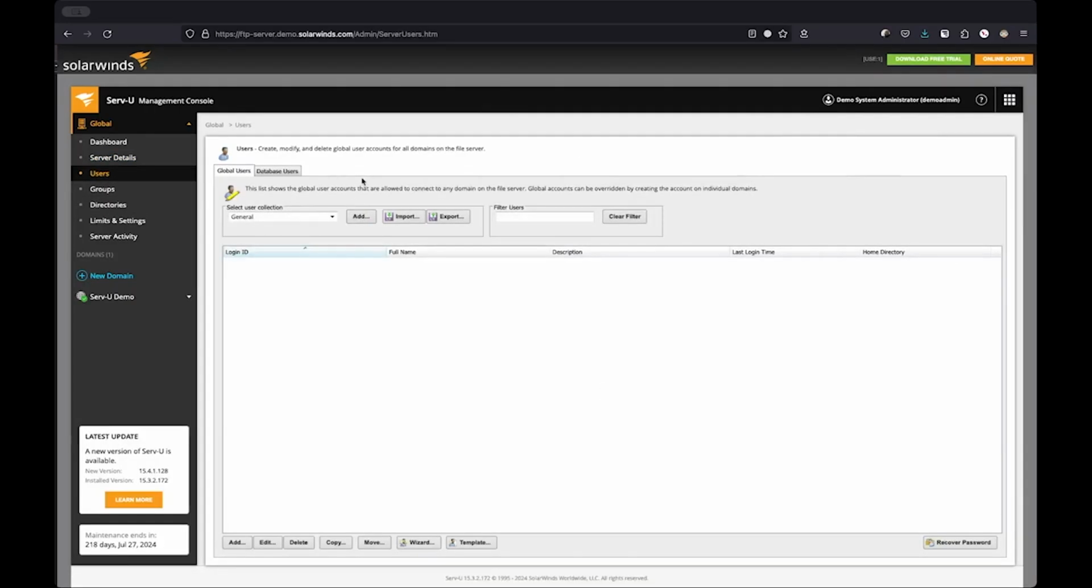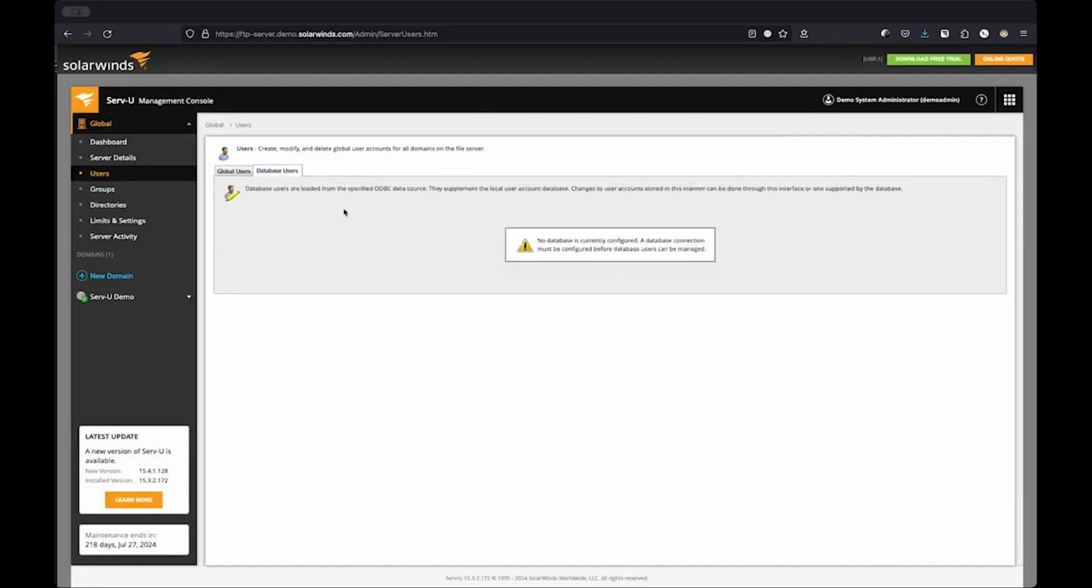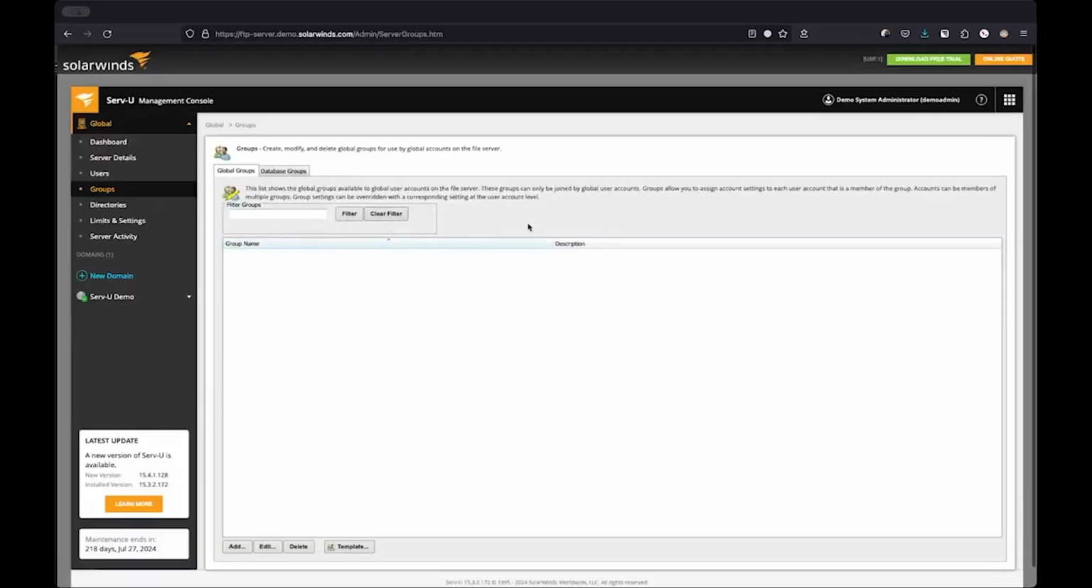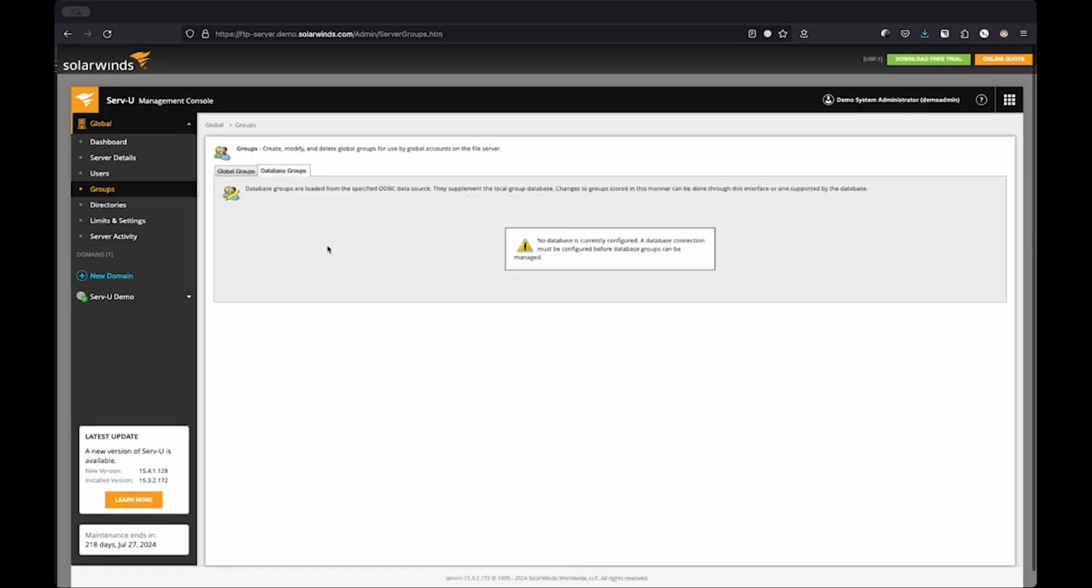The Users tab is where you configure users globally for the server. You can also configure your database users as well if you have the ODBC data source configured in the Server Details tab. Groups allow you to logically group users together, assigning certain account settings to each user account that's in that group. Accounts can be members of multiple groups even. You can also define those groups within the database, which is required if you are deploying in a high availability